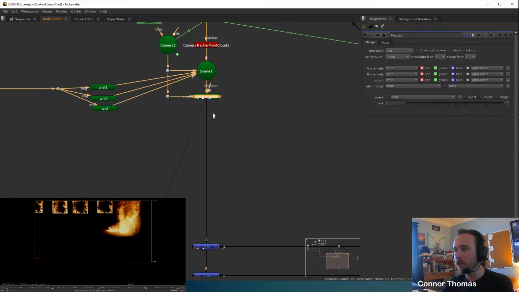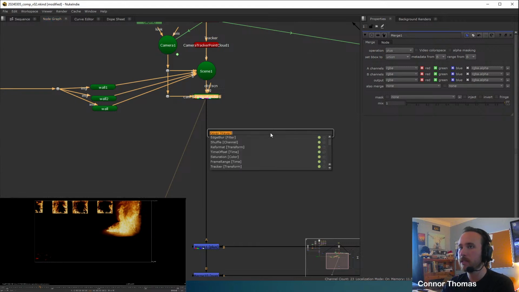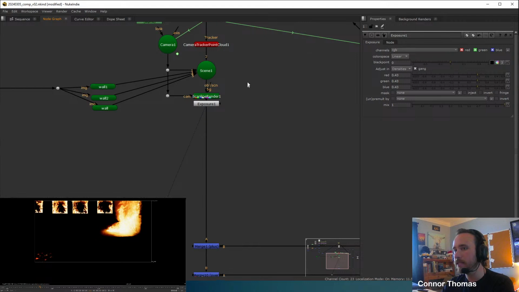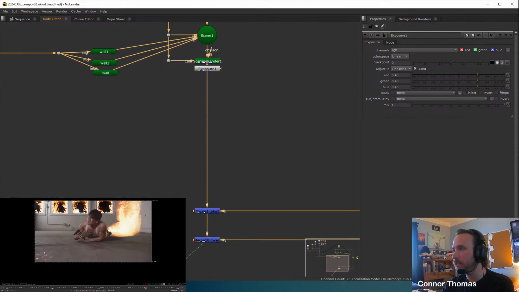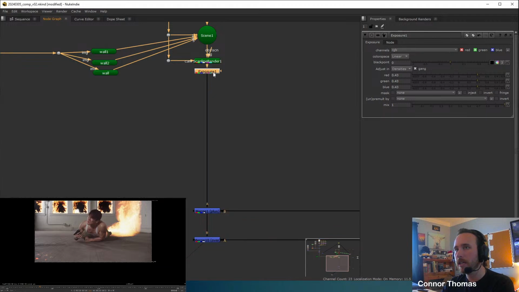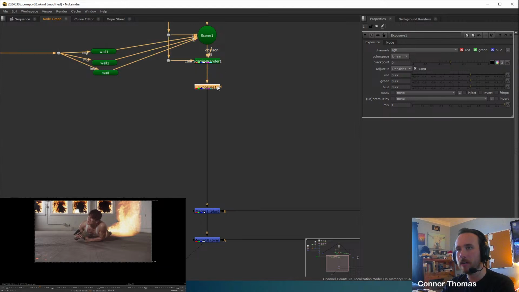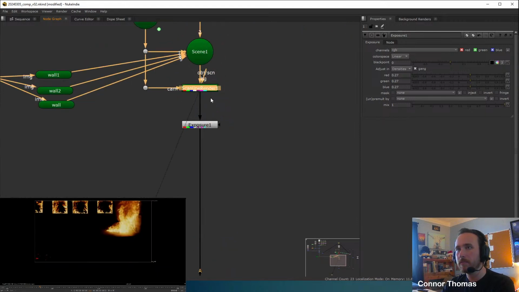So after our scanline renderer here, this is where we're going to want to do most of the work that we're doing before we put everything back over top of our scene. Firstly, let's go ahead and add in an exposure node. We kind of want everything to be a little bit brighter in our scene, especially since everything is happening in this kind of daytime shot. We can expose it to match the scene a little bit better there. You're going to want to go through all of your assets and match them a little bit better. But a way to do that is to